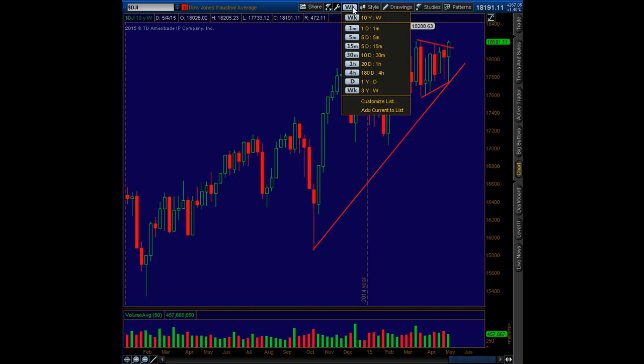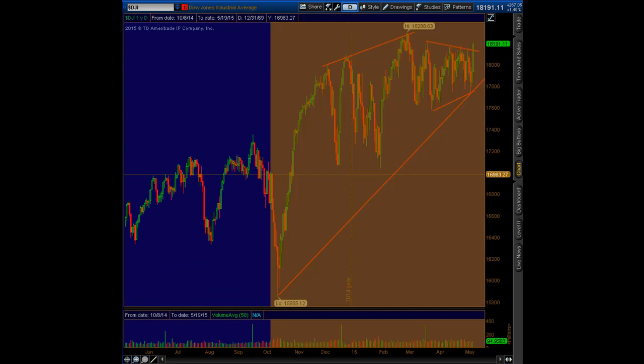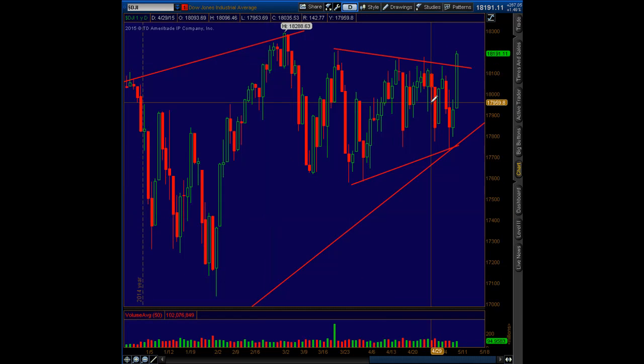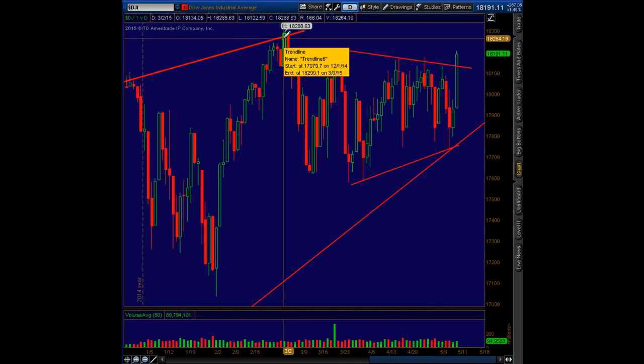Going down into the daily chart, same thing. Can you trade this? You can definitely trade that sideways action, but in different time frames. You can go down to the hourly time frame, you can go down to the 30-minute time frame. You can definitely trade this kind of stuff. And as you can see, beautiful breakout of this. We still have this high that was made around March 2nd, 2015, of